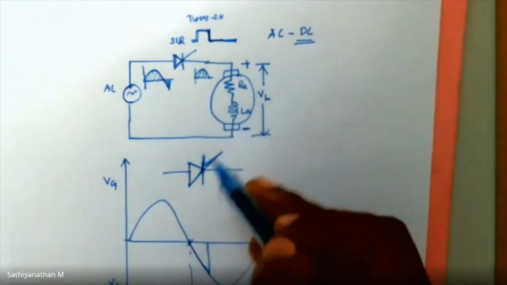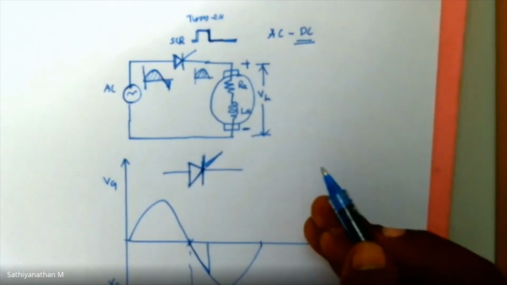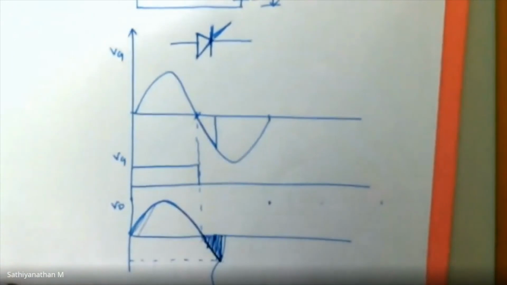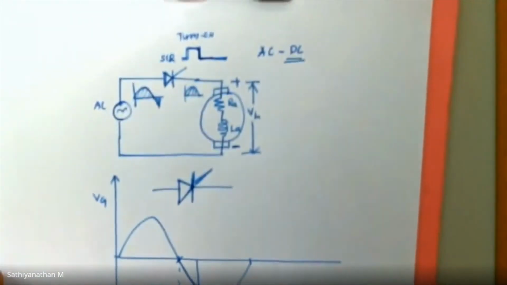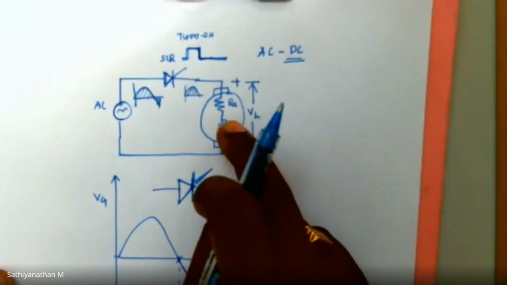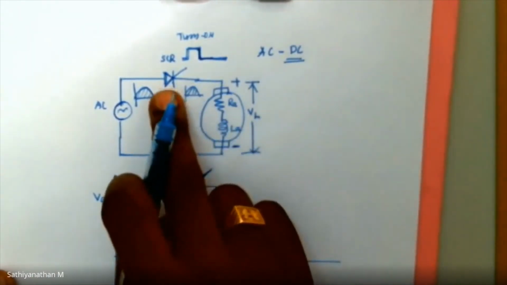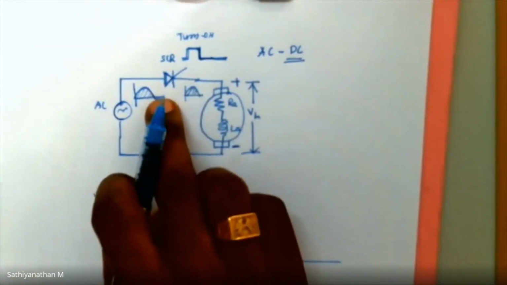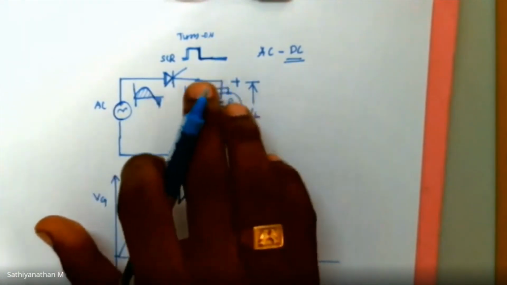So the DC motor requires a positive input, right? It requires a DC input, but you are having some semi-sinusoidal input to a DC motor. So that will affect the performance of the DC motor as well as the commutation period of this SCR. So you have to overcome this. So you need to know this through a data sheet.